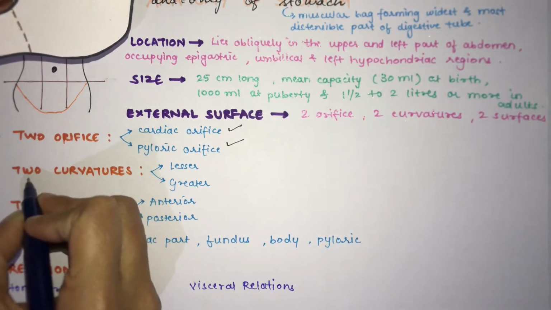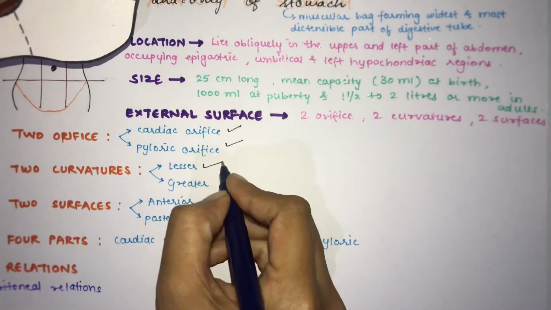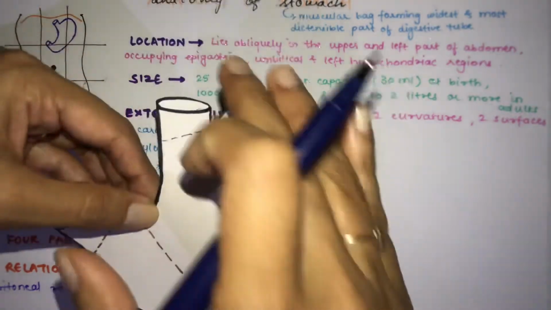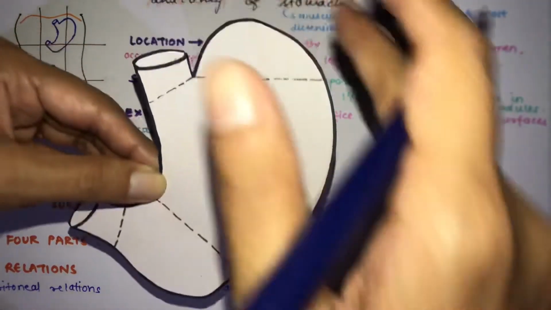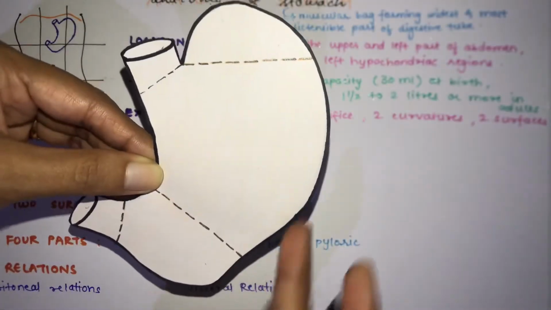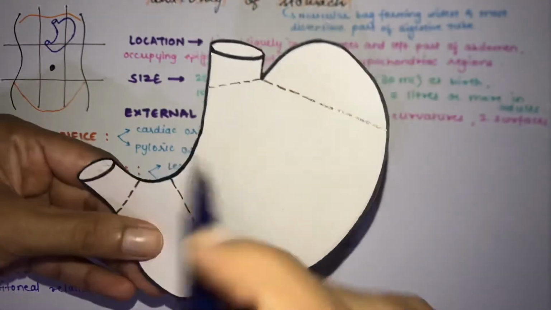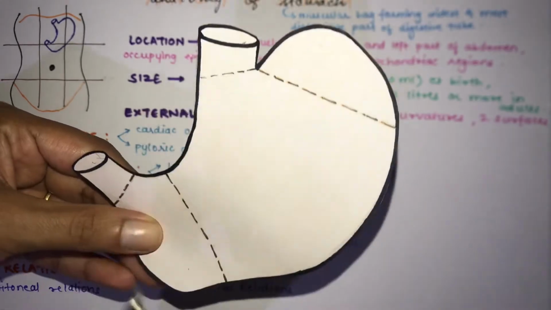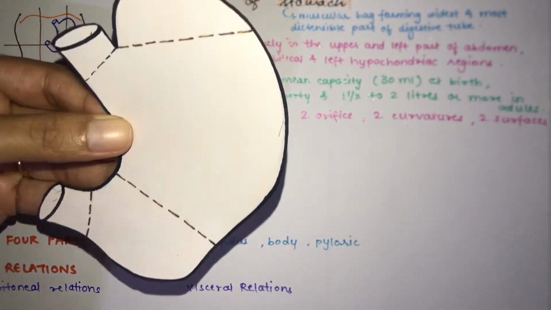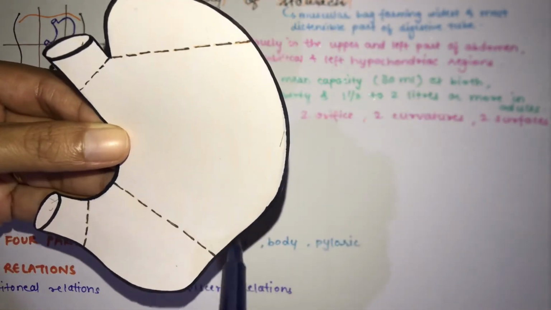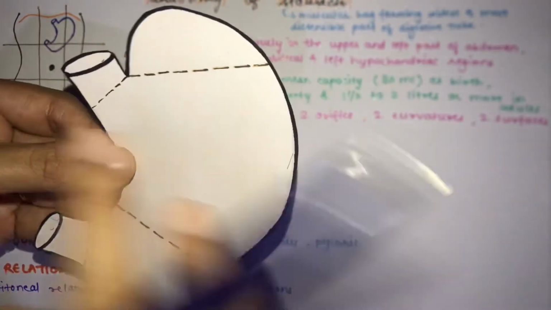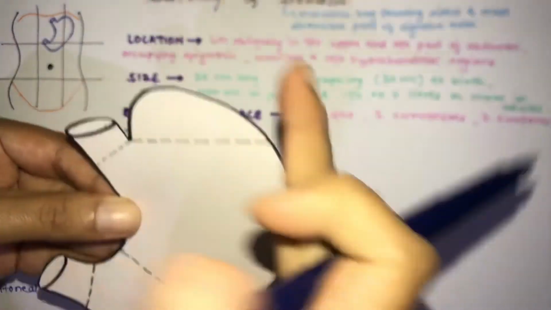Your stomach has two curvatures, that is the lesser curvature and the greater curvature. As the name says, greater is like over here. So this is a greater bulge over here, and this is nothing but your greater curvature, and over here, as this is a smaller curve, this is known as the lesser curvature. Your greater curvature forms the long, convex and lateral border of the stomach. So this is your lateral border and this is the medial border.